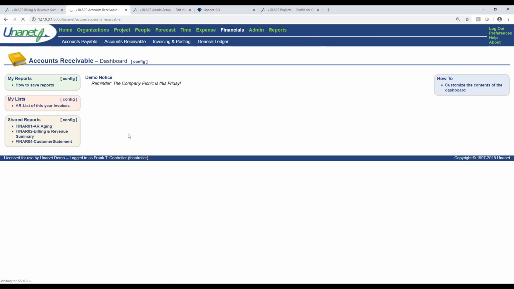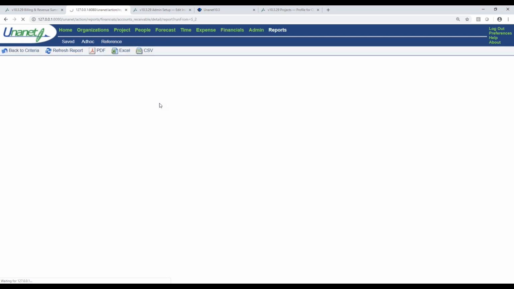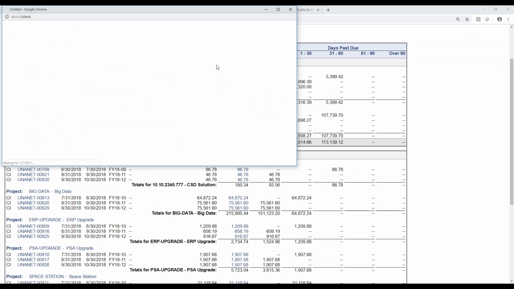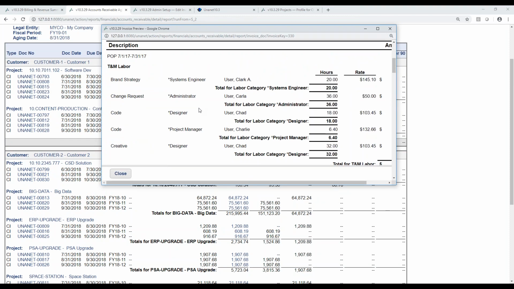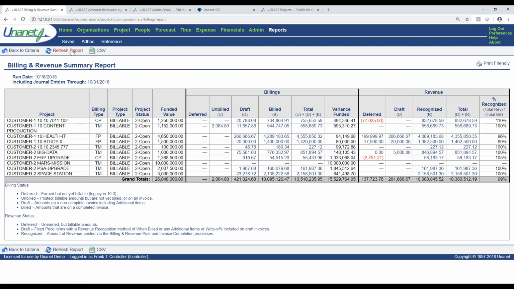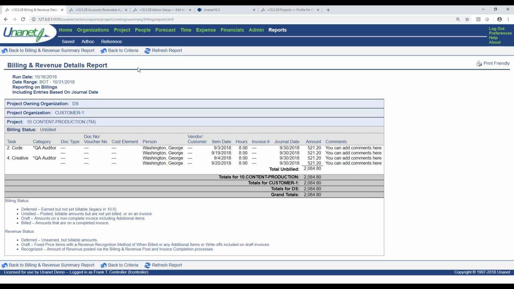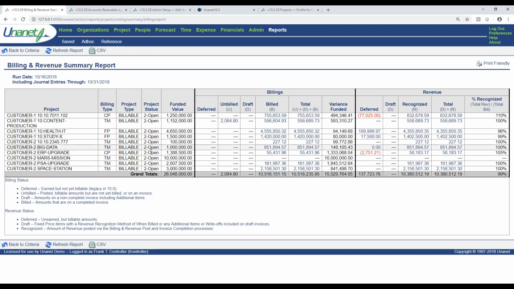And so if I want to see what my AR aging looks like, I can pull up my AR aging report, and here are the different projects that are active or have active invoices, and that content production project where we just were. I click on that one, and here is the invoice, and here you can see where George is not included. His time is still in that unbilled column, and I can refresh this report, and now everything's been moved from draft into billed, and still George's time remains in this unbilled column. So flexibility on the invoicing side is really great.